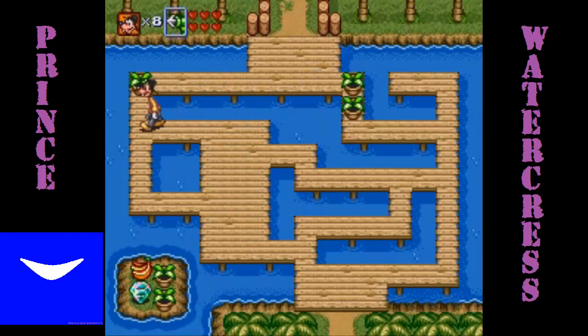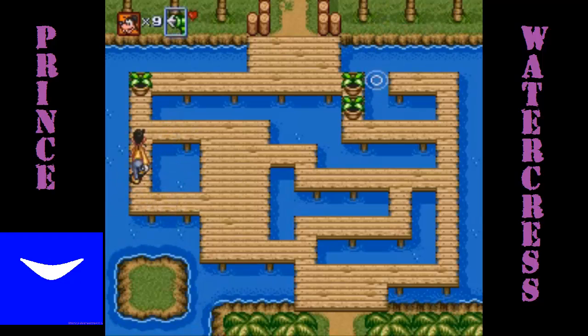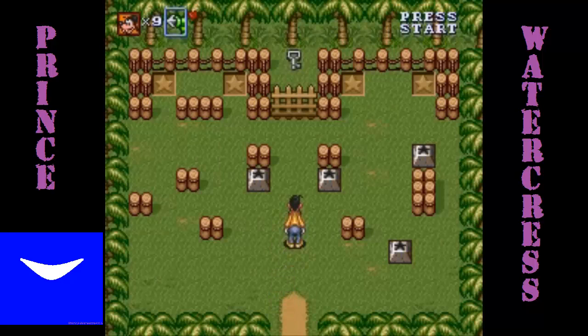Since I have the hook shot, I can actually grab these bananas and get another continue. So I have 2 new continues, and I am now up to 9 lives. And this is what I was thinking of when I was moving around. Now, interestingly, there are 2